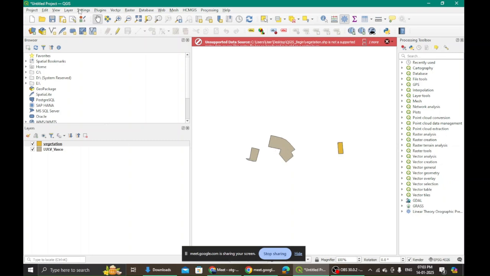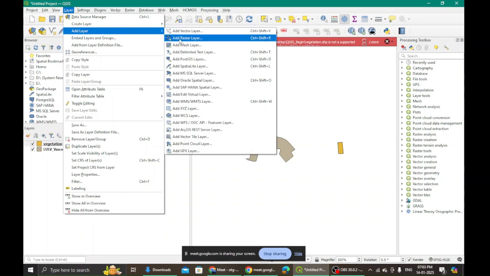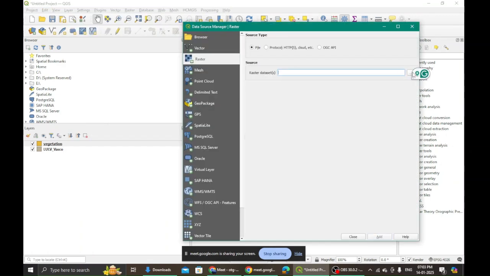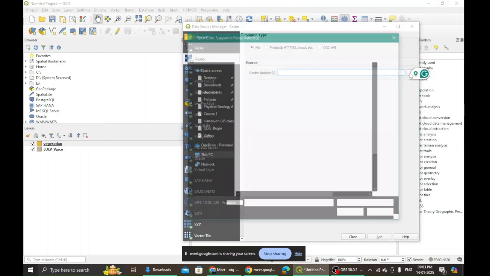What I was trying to add here were the polygon files that were extracted from raster data. So I say add layer, raster layer. What were my raster layers called?